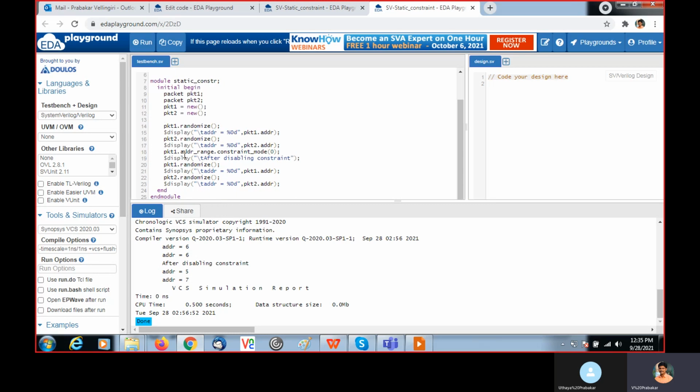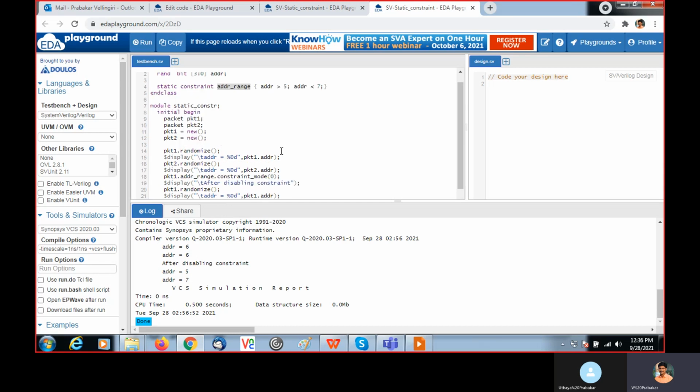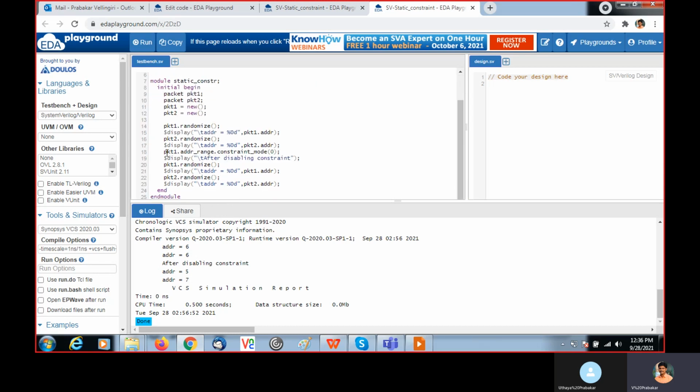pkt1.address_range.constraint_mode(0). I'm disabling this constraint in instance pkt1. After disabling, I am randomizing and printing the value. See here, I am getting 5.